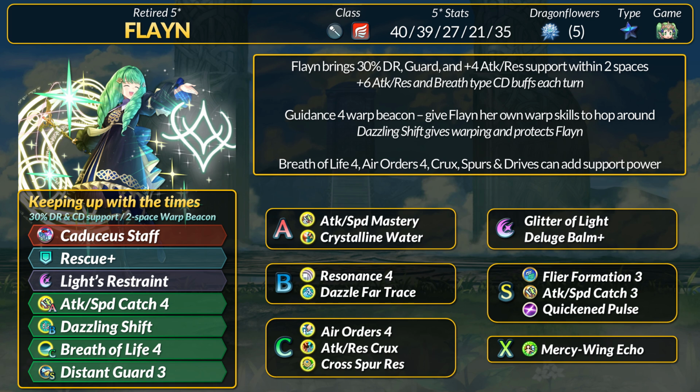You could do a Crux long range debuff or Cross Spur to stack with Flayn's attack and res buffs. Double Distant or Close Guard can also be cheap alternatives here. For A skills, Flayn can use Catch 4 or Push 4 for stats. Mastery offers Conta 2, but you gotta fight for that one. She doesn't have the highest res and is harder to merge, but you can try Stillwater stacking with Ploy debuffs